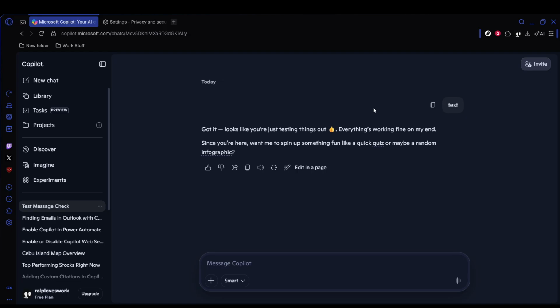You can also temporarily disable your VPN or antivirus software. In some cases, security tools or network filters can block Copilot from connecting properly. Turn them off briefly just to test whether the connection works. If Copilot starts working, you'll